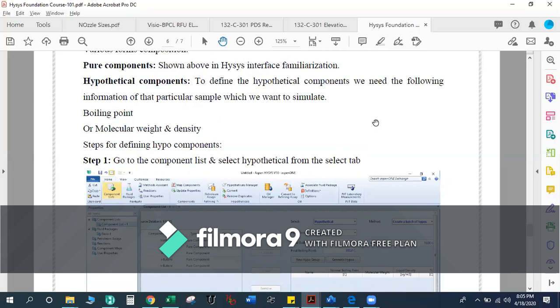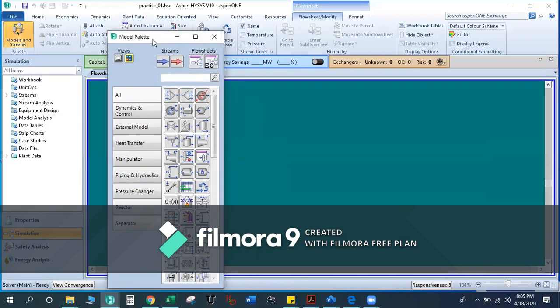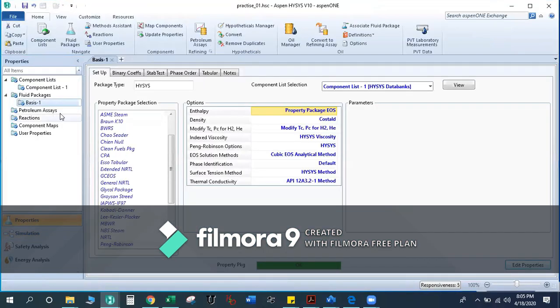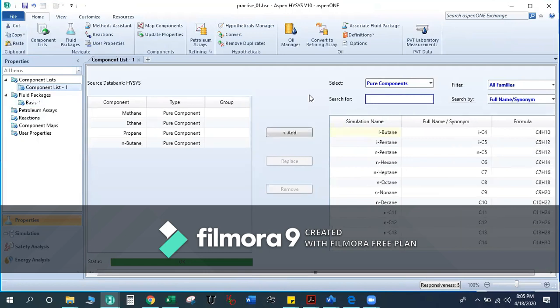So let's discuss one more thing about the hypothetical components. See, sometimes what happens, as of now we had just gone through the component list. Now, are you able to see the screen, the HYSYS interface? Yes, sir. Okay. So as of now, we had gone through the little bit of basics of Aspen HYSYS, and we have introduced the components into our simulation.